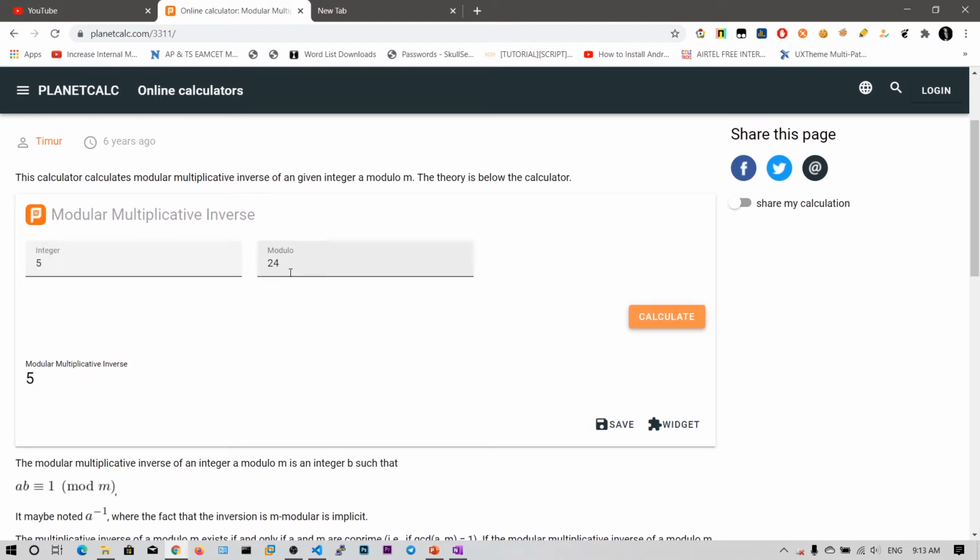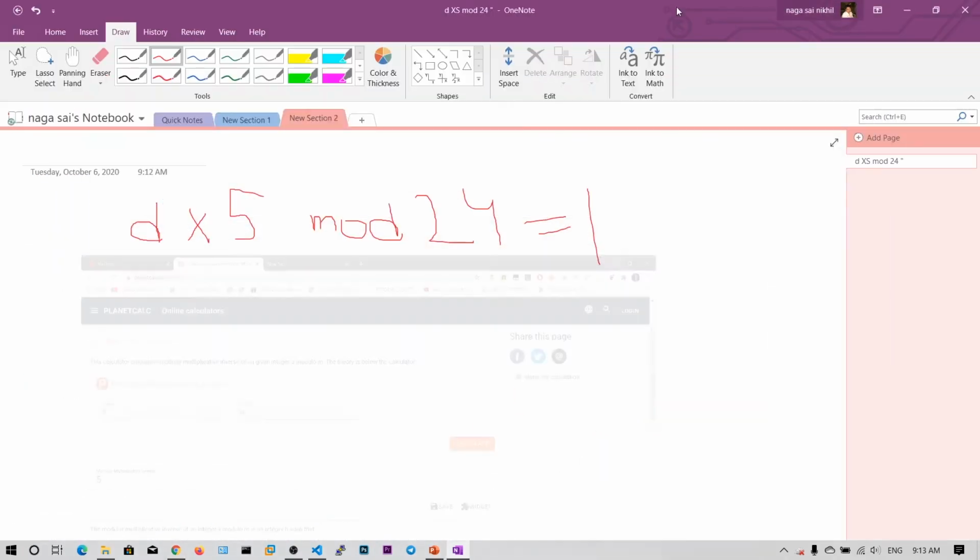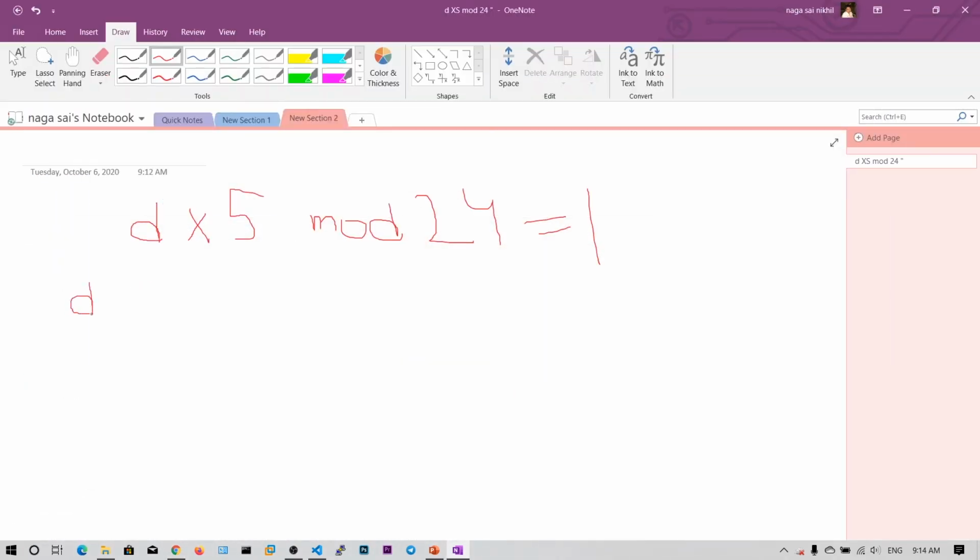If we divide 25 by 24, the quotient is 1. If you multiply 5 and 5, you get 25. If you divide it by 24, you get remainder 1, that is mod 1. So our d value is 5, which satisfies this equation perfectly, because 5 into 5 is 25, mod 24 gives rise to 1. So we have got the private key,